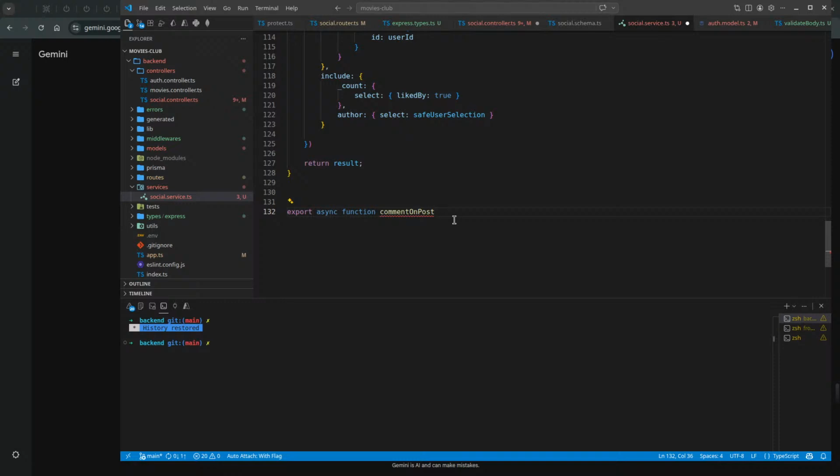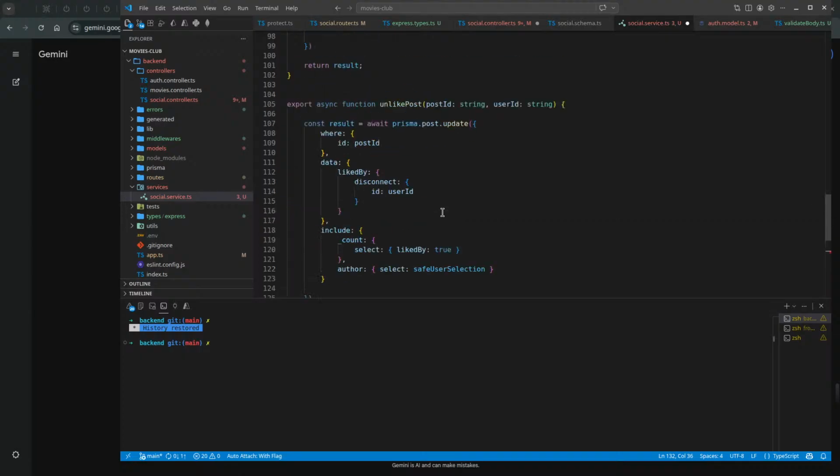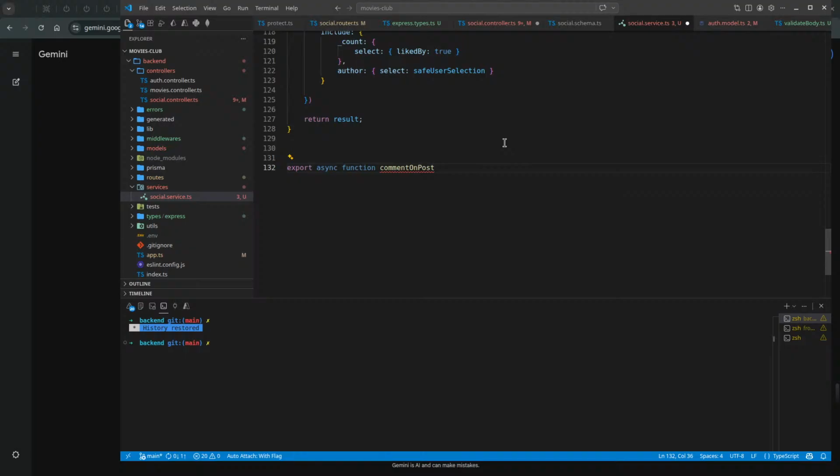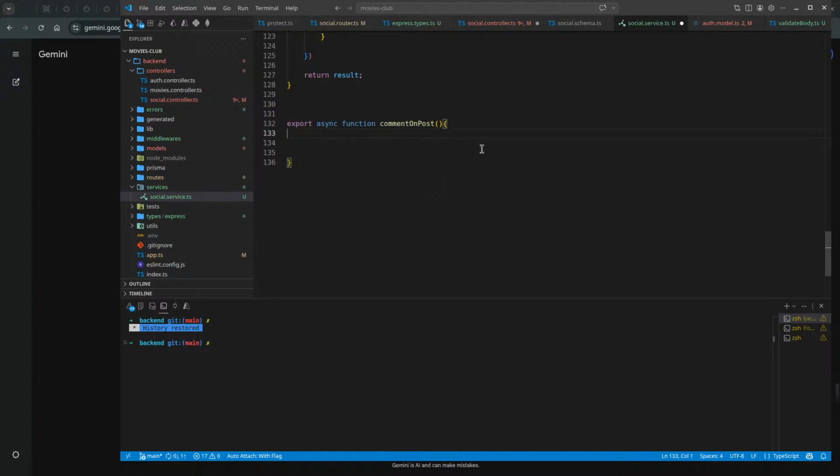Well, I should have comment and delete comment, so the name makes sense. And for the like, what did we say? Like and unlike, comment and delete comment. So maybe comment on post. Just give it comment on post, keep the name expressive. Okay, just comment on post. That's a good name. That's a good name.